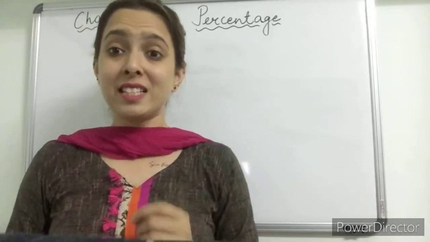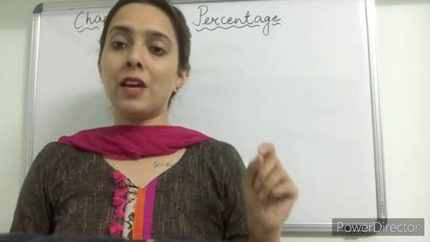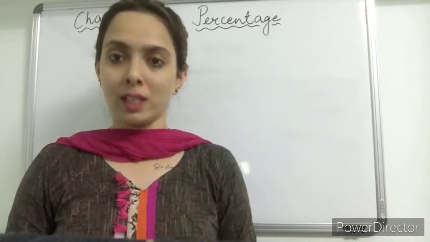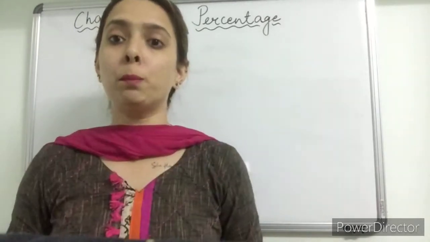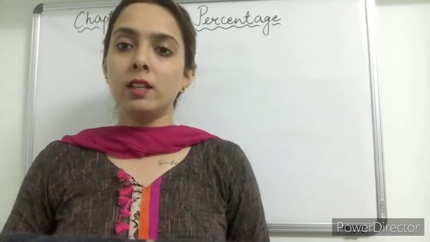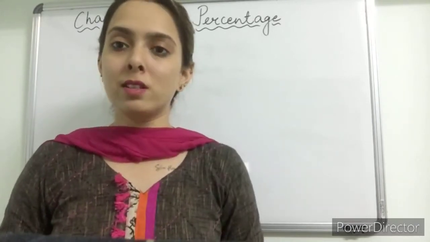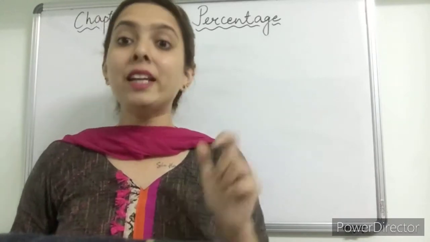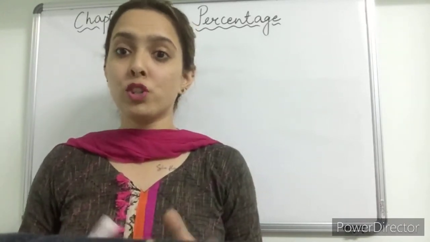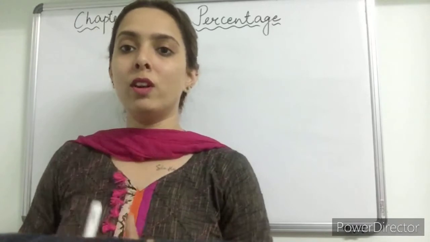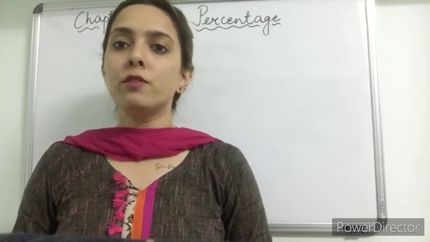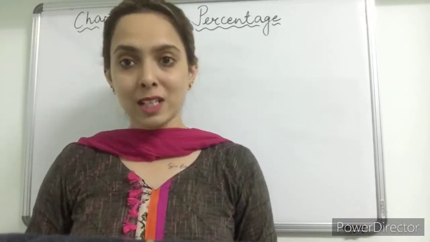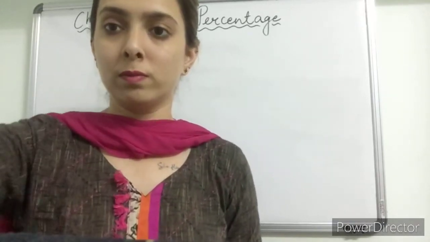So this says that in the first question, 11 upon 100, the grid shows that 11% portion is shaded. Second part, 42% portion is shaded. Third part, 85% of the portion is shaded. So in this way we will learn to express percentage. So let's go for exercise 6.2 now.